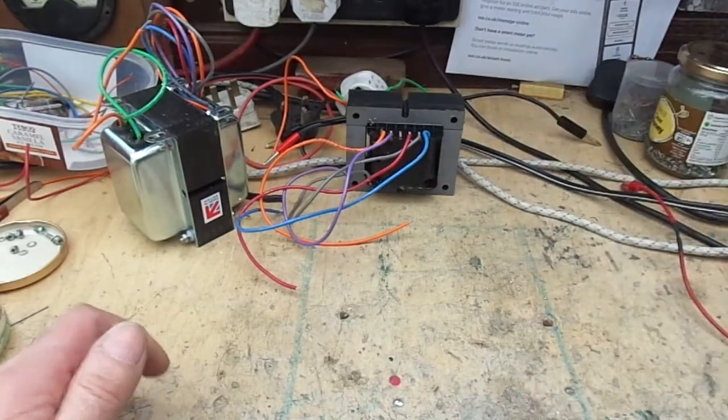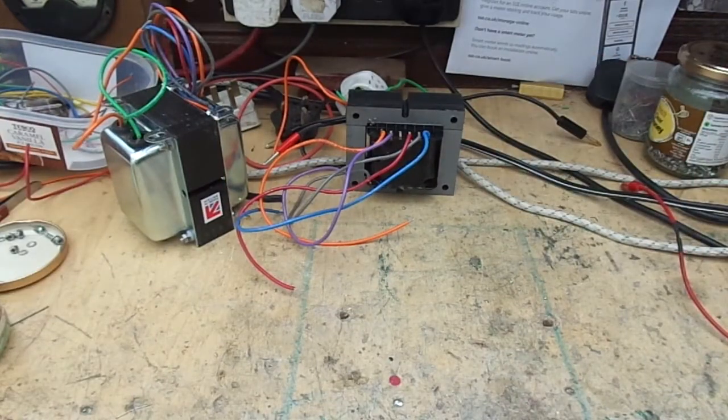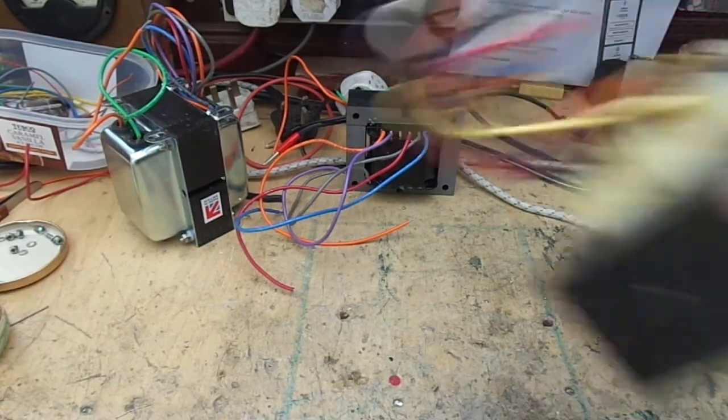So we've got those output transformers, bending down and groaning,